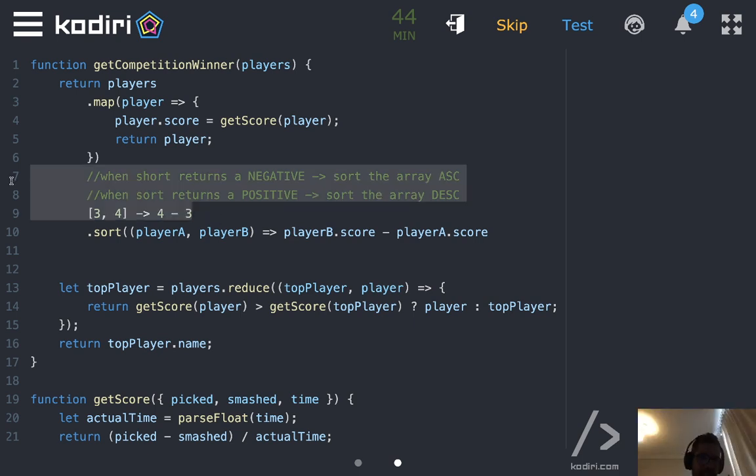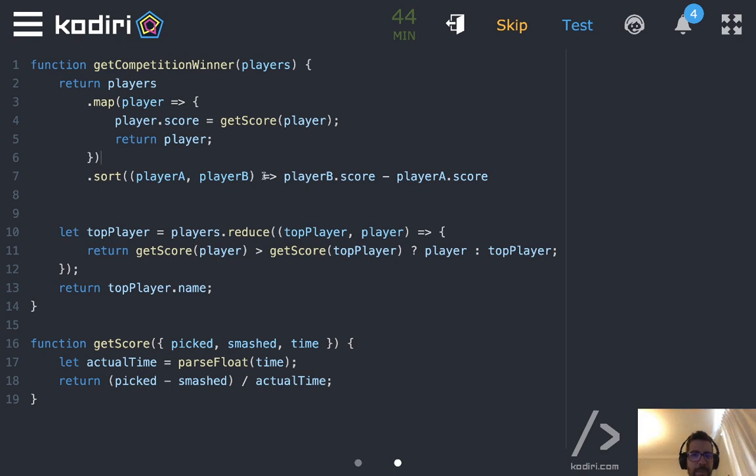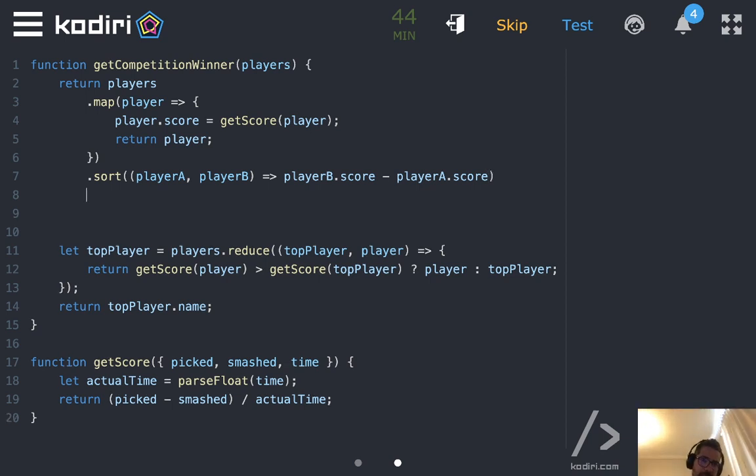To me, these types of problems are much easier to present with an example than with explaining the theory. So once again, you do A and B. If you do A minus B, that will sort the array ascendantly. Remember, A ascendantly. If you do B minus A, that will be the other way around. That will sort the array descendantly. Descendantly means the first element of the array will be the highest one, and the last element of the array will be the smallest one, obviously. So based on that, Adam, can you tell me how to complete the exercise?